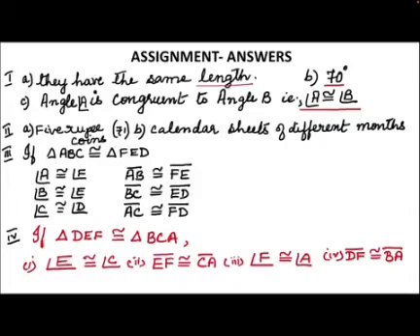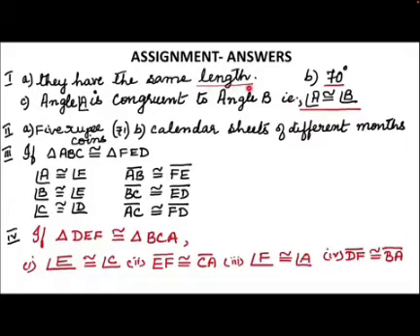For the assignment. Now in the assignment, you had to complete the statements in the first main. This is exercise 7.1 from the textbook. The first main, you had to complete the statements. Two line segments are congruent if they have the same length. Let us say, for example, two line segments have 5 centimeters each. Earlier we used to call them two equal line segments.